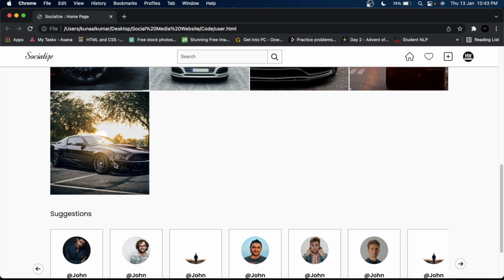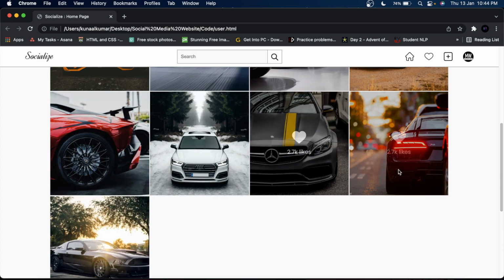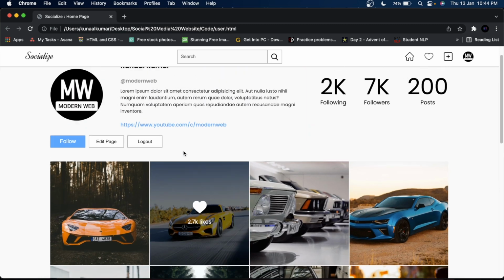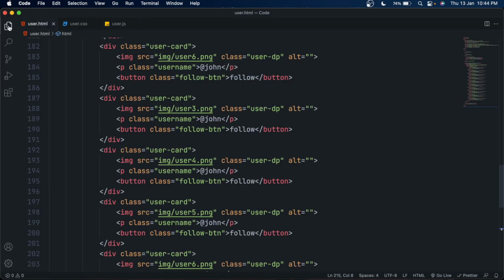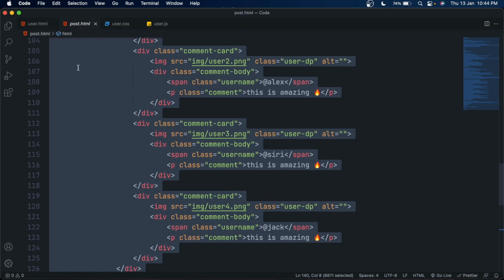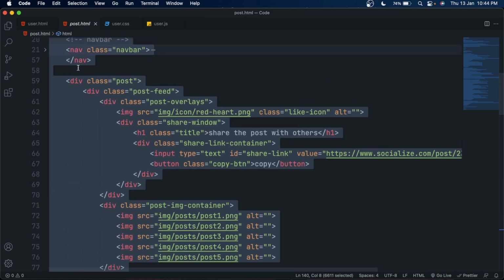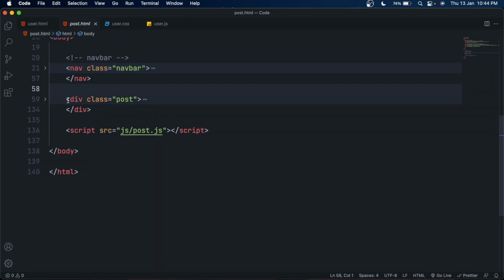Well, the JS was easy, but if you get stuck somewhere and if you have any doubt, feel free to ask me. So I guess we are done. We need to make the pop-up post. For that, open the post.html file and copy this post element here. Copy this whole post element,